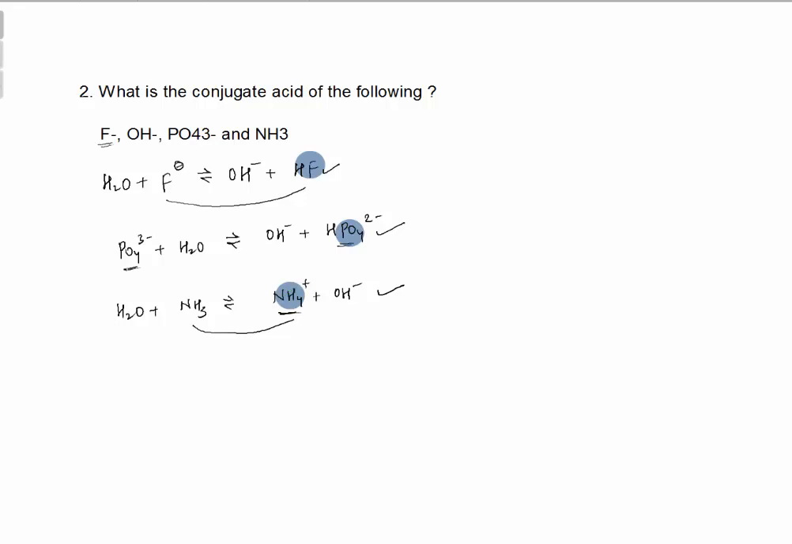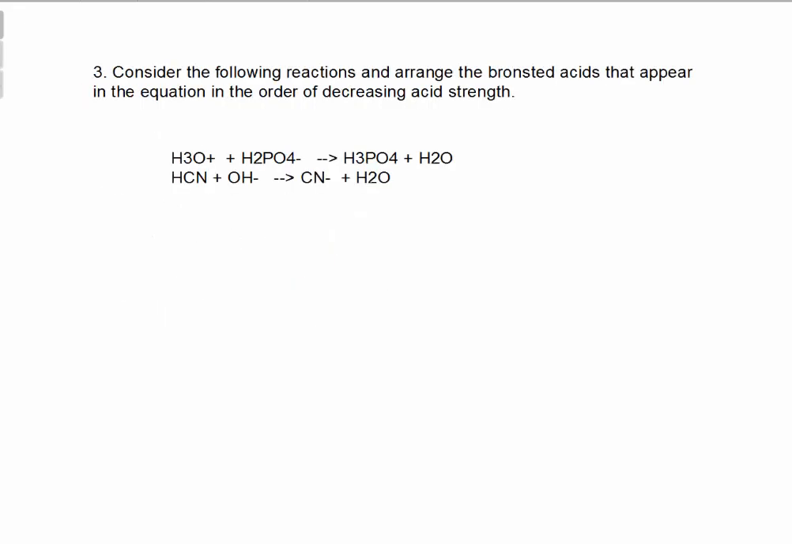Now, we see a bit more tricky one, that is, consider the following reactions and arrange the Bronsted acids. Please remember, what is a Bronsted acid? A Bronsted acid is something which can lose a proton. Arrange those that appear in the equation in the order of decreasing acid strength. Look, first of all,